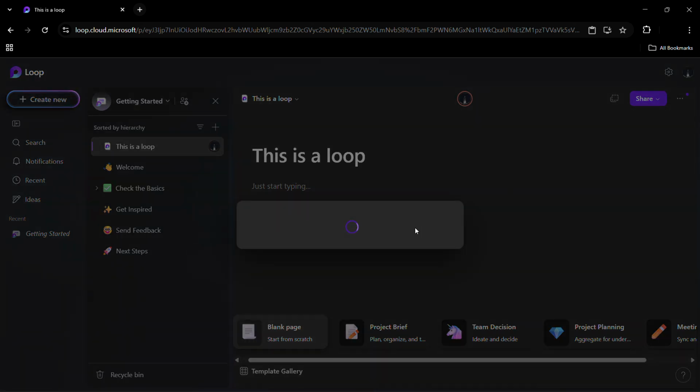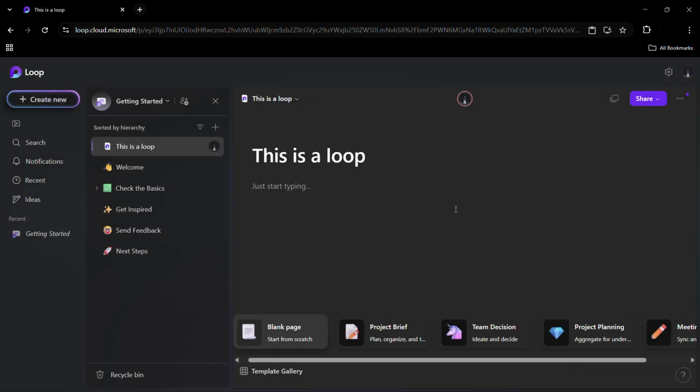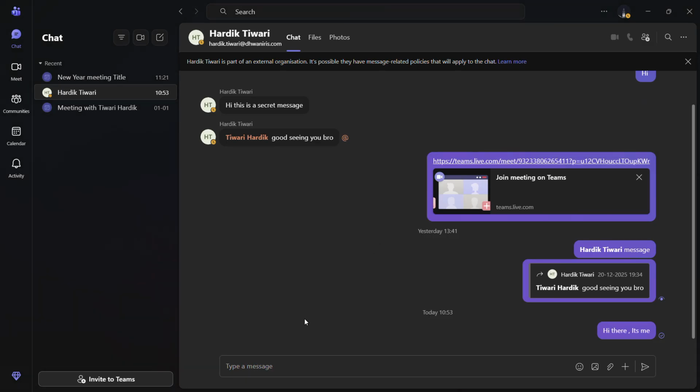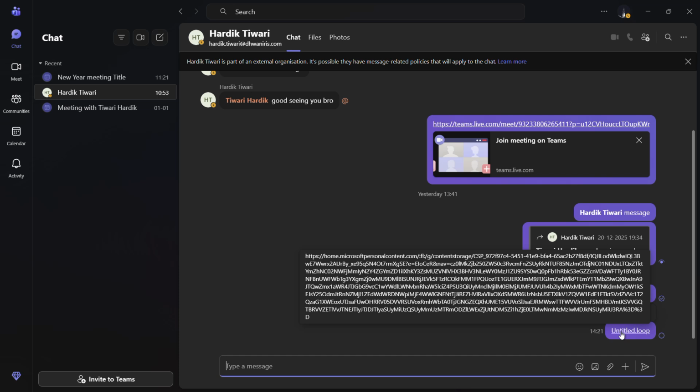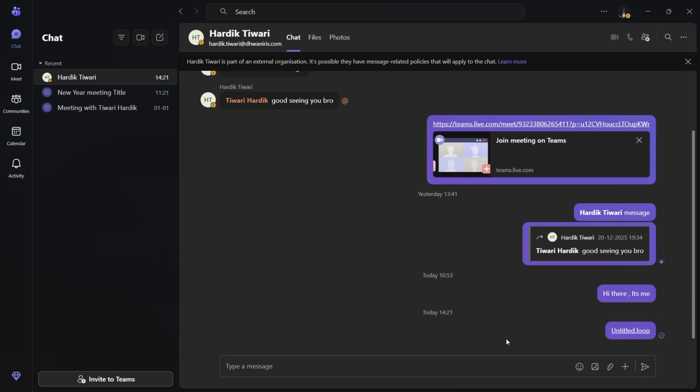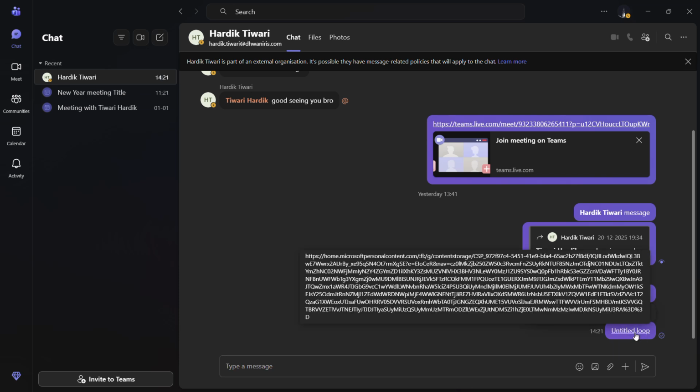So from here you can click on to share, and you can share it as workspace, page, link, or loop component like before. So once you have successfully copied the link, you can go back to your Microsoft Teams and you can paste it on any particular chat and then send it. And once you do this, they will see this particular untitled dot loop option, and whenever they click onto this, they will be redirected to this loop that you have